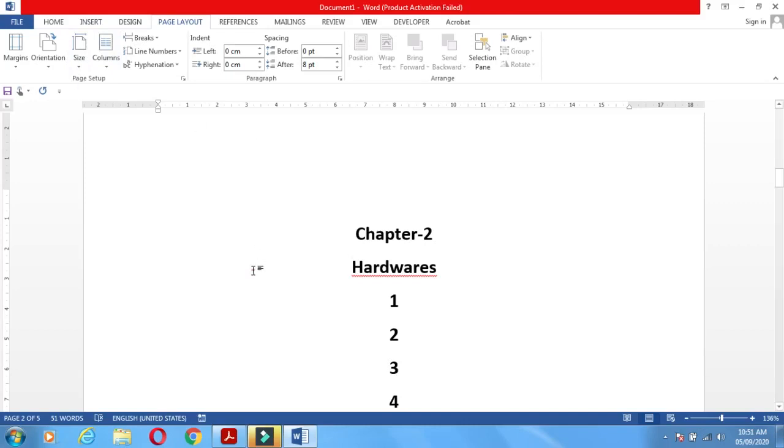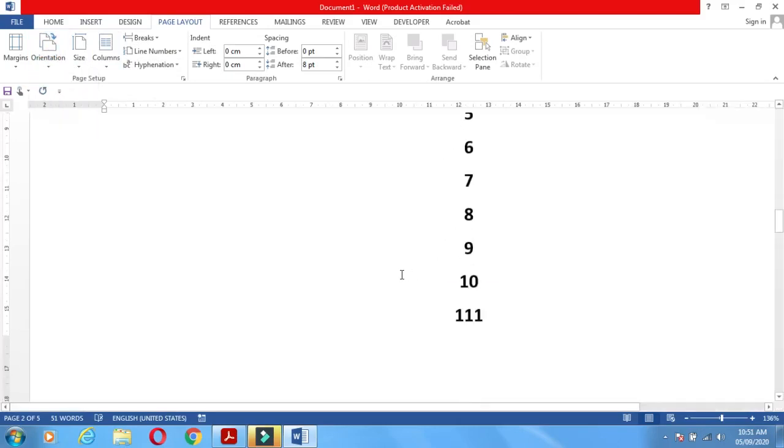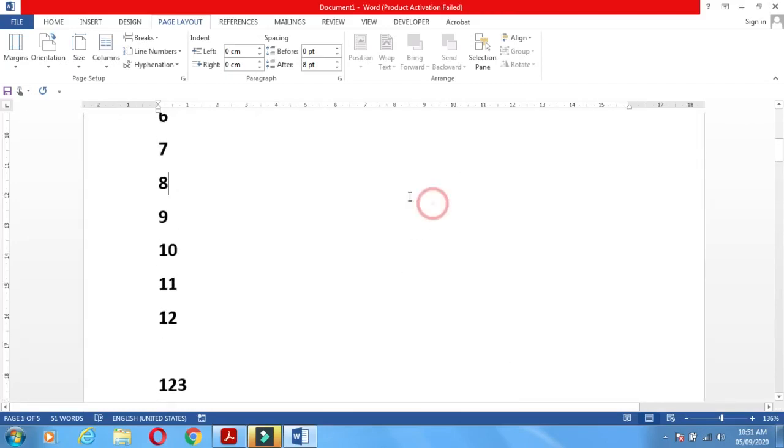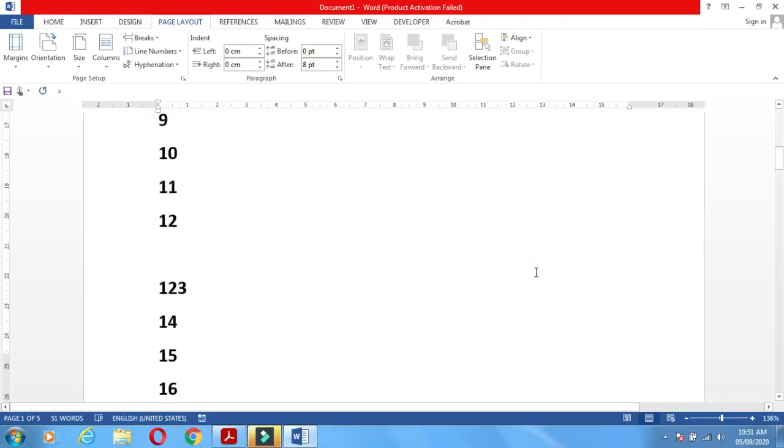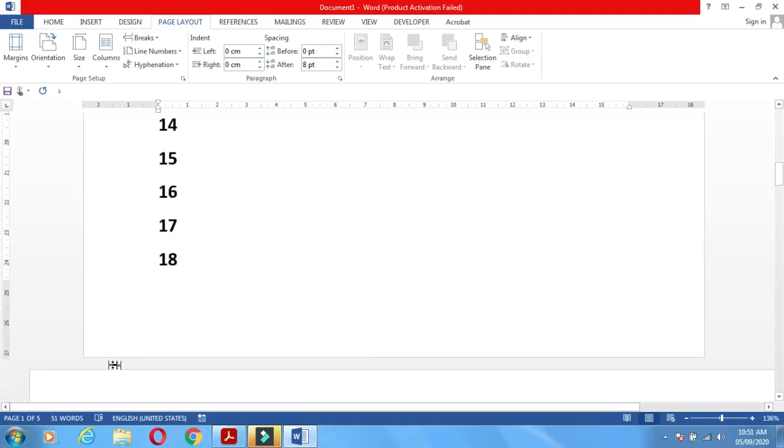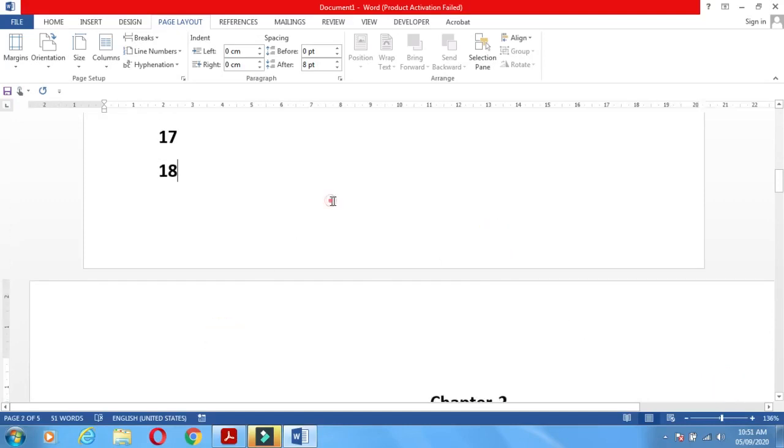Now, if we change the orientation of the page 2nd to landscape, all pages except the first page change. The first page orientation is a portrait size. And what happens here? See, here, here, here. Have you seen the difference?